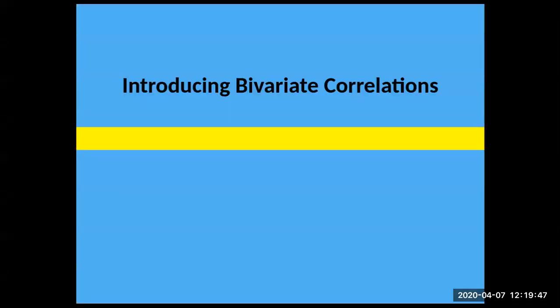So bivariate correlations. Bivariate means 2 variables or 2 things that you're comparing. So can you make correlations with more than 2 things? Yes. A lot of the times, though, what we end up doing is making individual correlations between 2 things. So you can have 5, 6, 7 things that we want to see if there's correlations, but we end up matching each one. So 1 versus 2, 1 versus 3, 2 versus 3, and so on and so on. So to keep it simple, like I like to do, we'll just talk about 2 measured variables because that's the minimum requirement. That's the simplest way to look at this stuff, and so let's go with that.